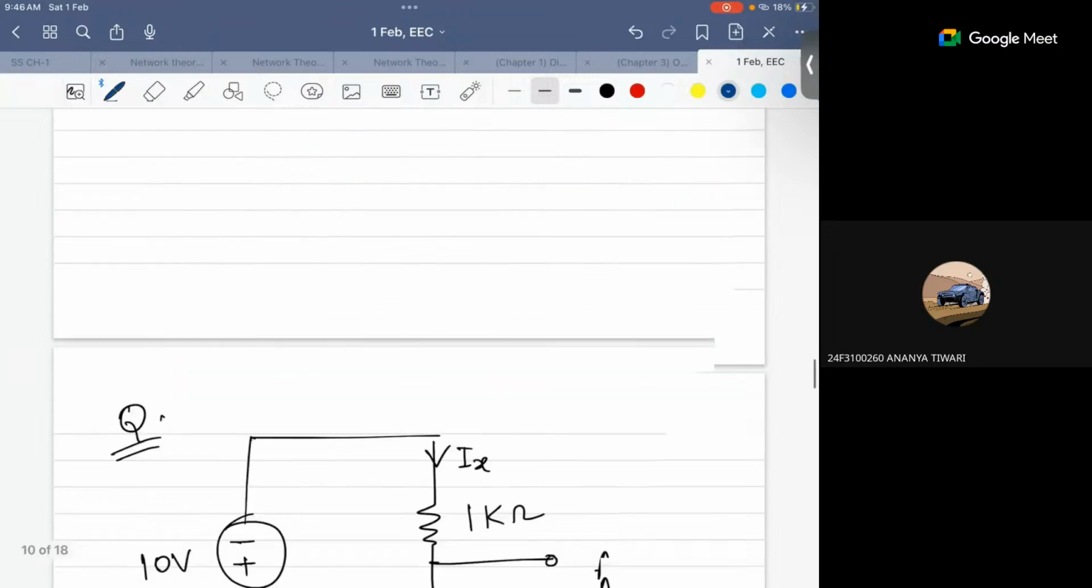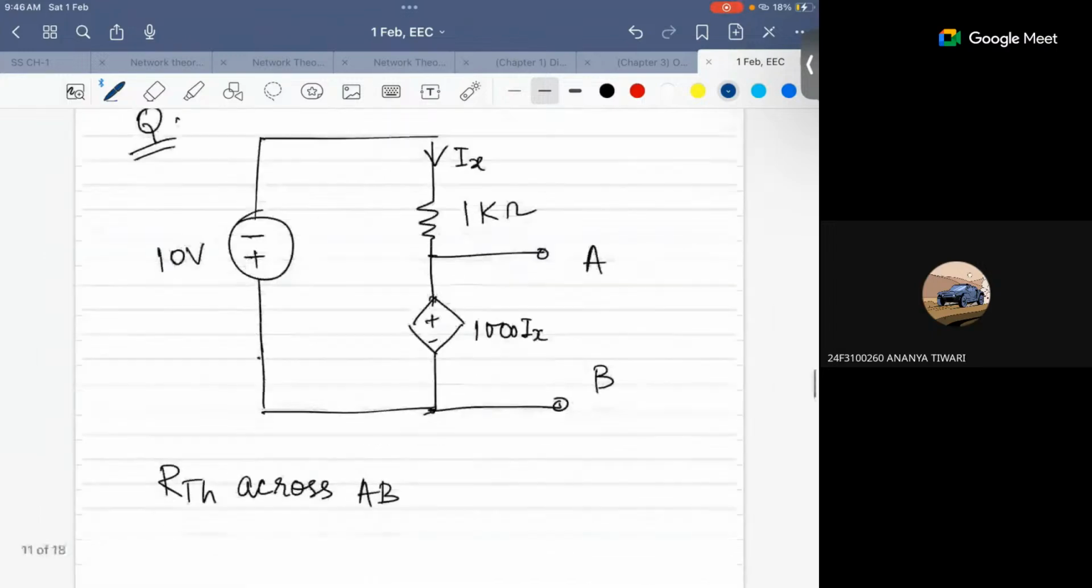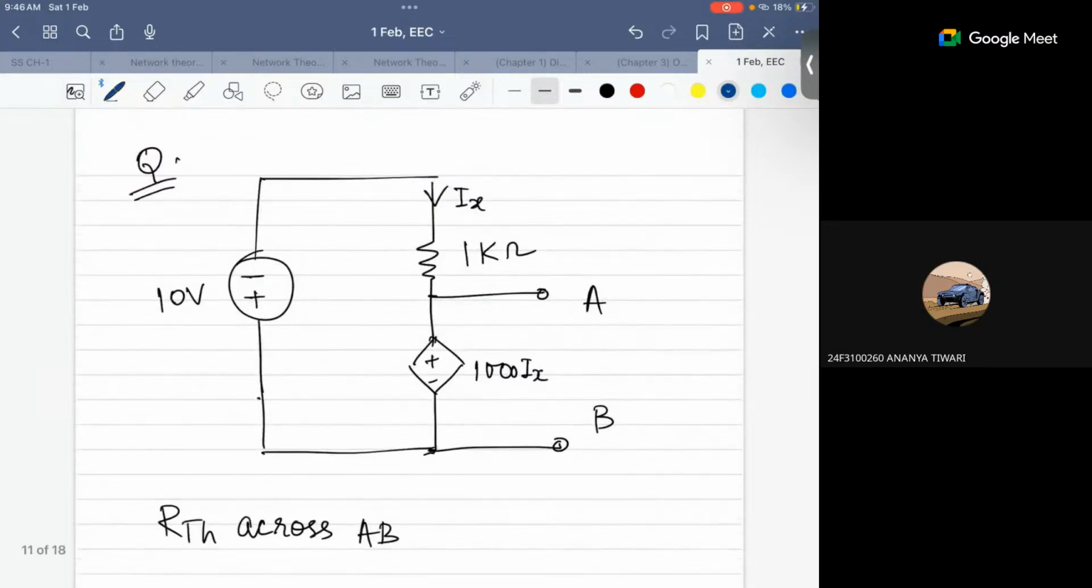Okay, now our next case. Now you have to calculate the R across AB. I'm not going to solve it; you just try it out. I'm giving you 2 minutes, and then tell me the value of R across AB. This is very simple: one dependent source, one independent source. This is case 2, where you have to calculate